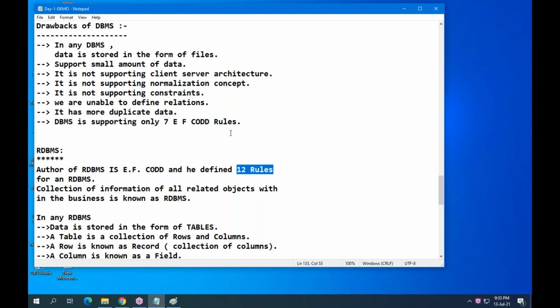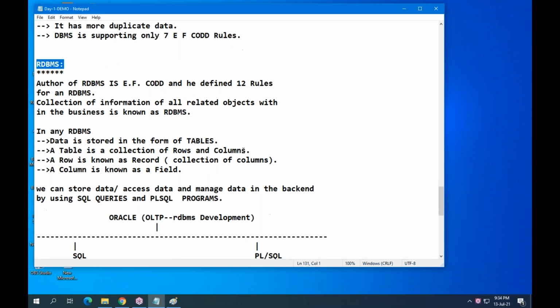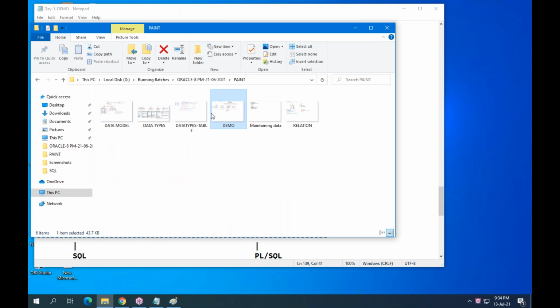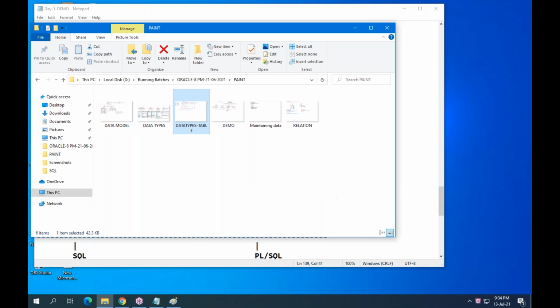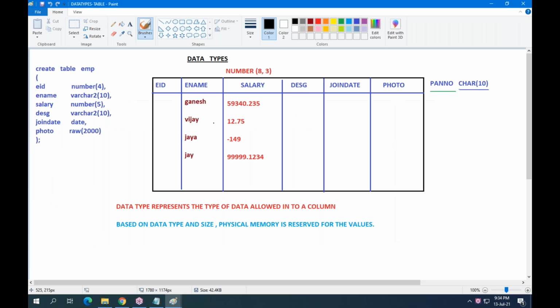If any database supports these 12 rules, we can call it an RDBMS. In any RDBMS, data is stored in the form of tables. A table is a collection of rows and columns like this.